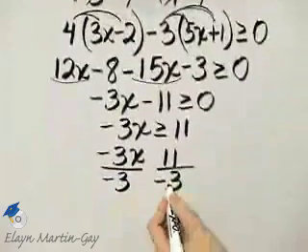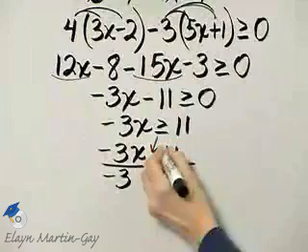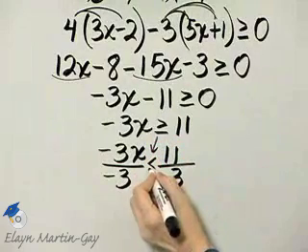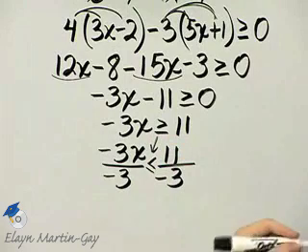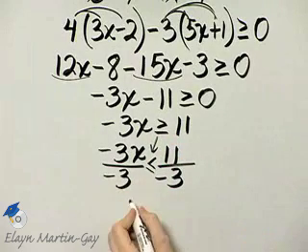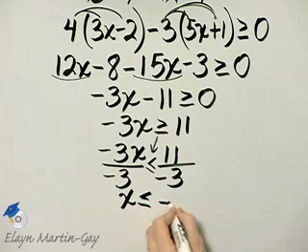Now we are dividing by a negative number. That means we must reverse the direction of our inequality sign, whether you divide through by a negative or multiply through by a negative. So on the left side I have x, and then I have less than or equal to negative